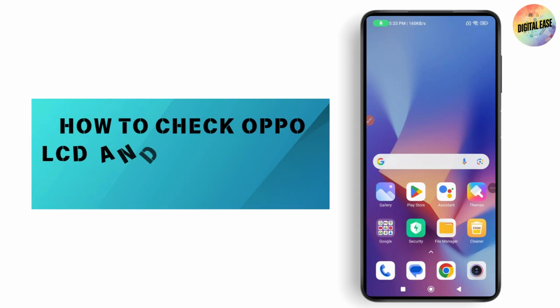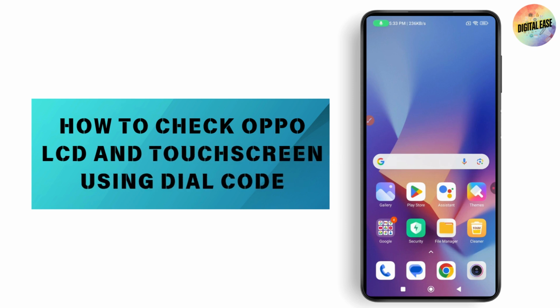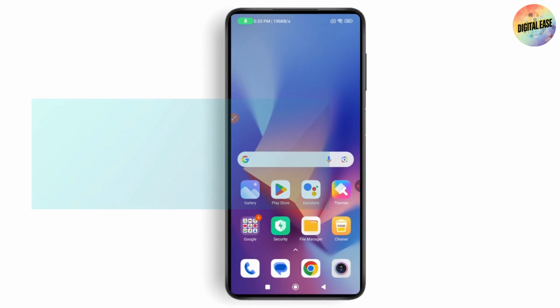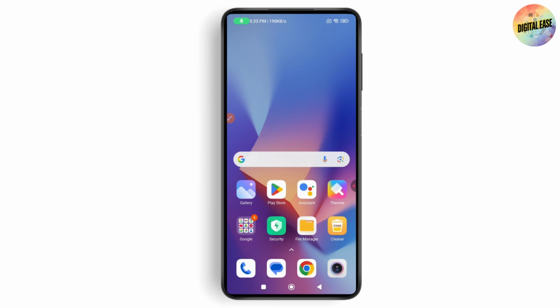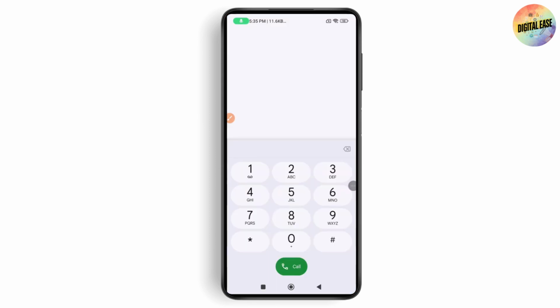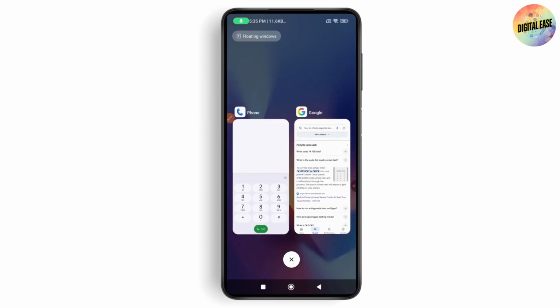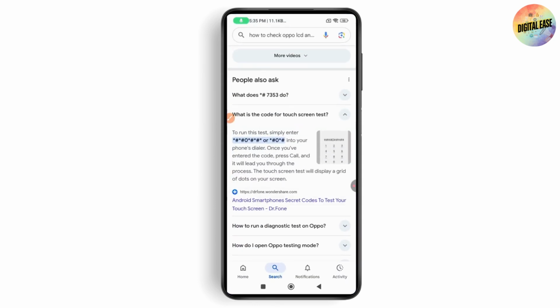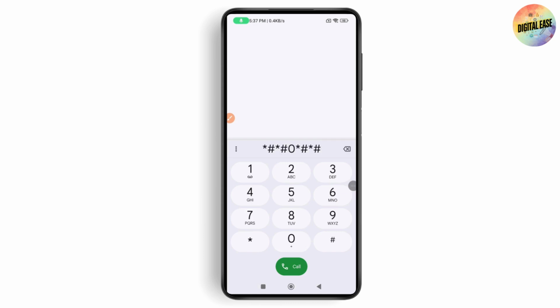How to check Oppo LCD and touch screen using dial code. So if you want to check Oppo LCD and touch screen using your dial code, then first you just need to go to your dial pad. Once you open your dial pad, you just need to enter a code, which is star hash 0 star hash star hash star. After entering the code in your phone's dialer, you can press call and it will lead you